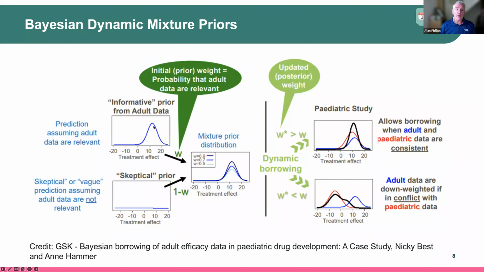So if you look at it in the top left, I've got information about the adult data, which is the historical information which I can use. However, I don't know whether or not it actually is consistent with the pediatric. So what I might do is have that prior information, that prior knowledge from the adult data. I would also have something else called a skeptical prior, assuming